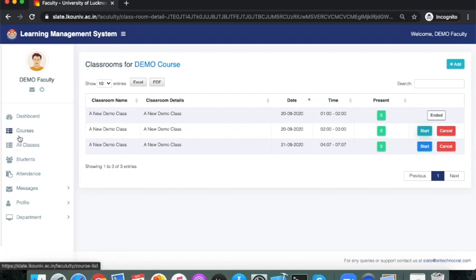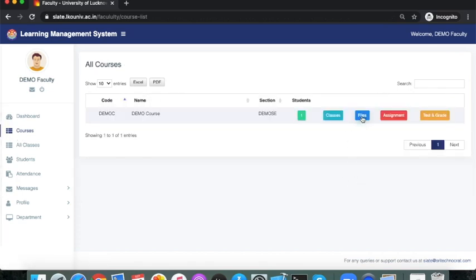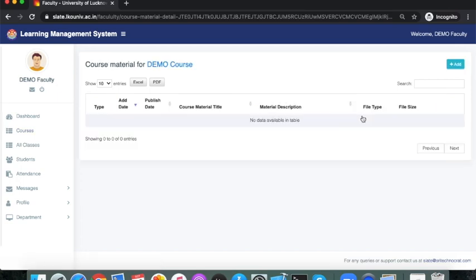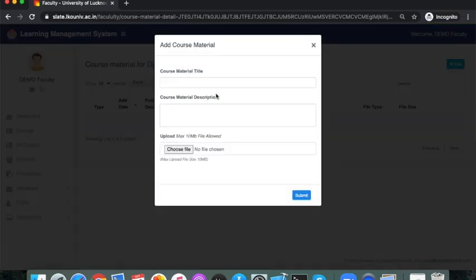Now I'll just show you a couple more examples. You click on the courses once again. There's a file option. You click on the file option. Here you can upload any document files that you want to share as study material. You click on the add button. You enter some title of the file. For example, I'll just enter